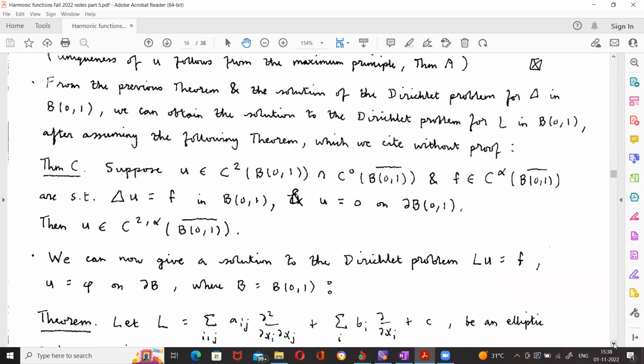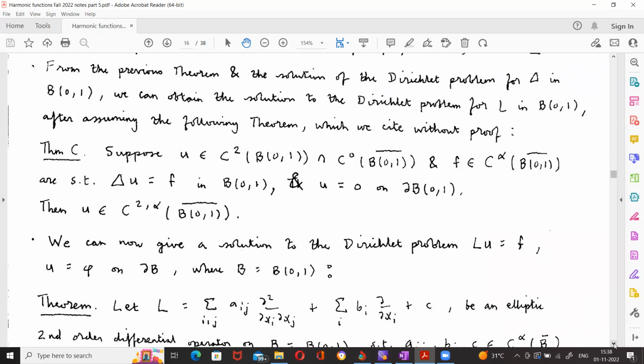All right, now, basically we've reduced a solution of the Dirichlet problem for L to solution of the Dirichlet problem for the Laplacian delta, right? Via the method of continuity. That is the gist of what we've done so far, right? So for the solution of the Dirichlet problem, we described